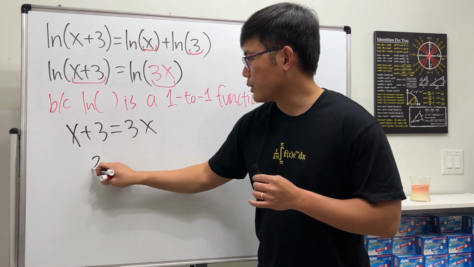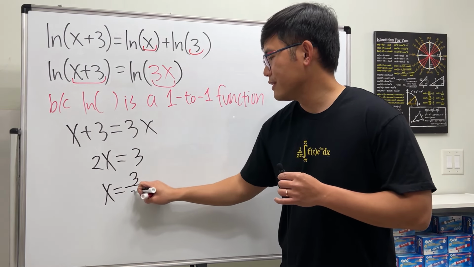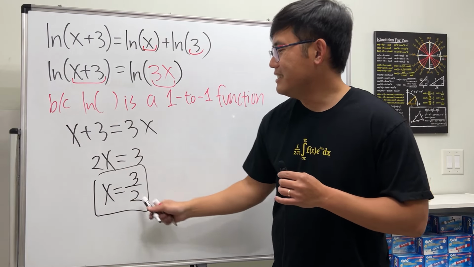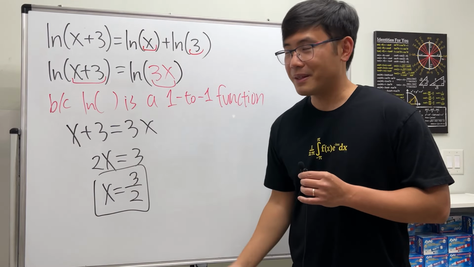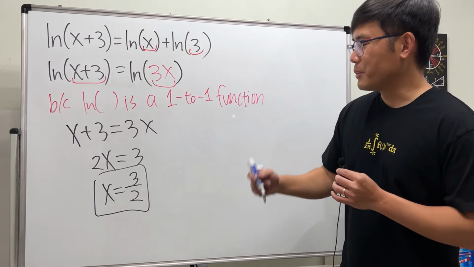Minus x on both sides, so we get 2x is equal to 3. That means x is equal to 3 over 2. And this x value will make this work. How cool is that? I really like this kind of question, so I'm going to give you guys another one